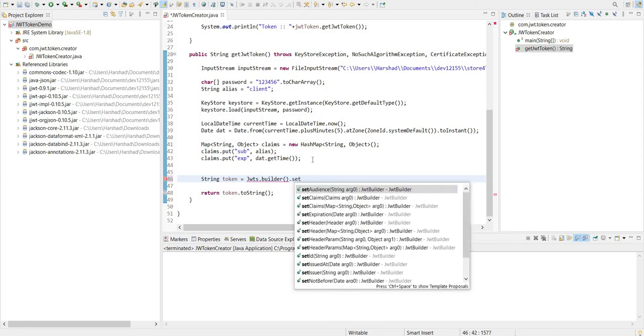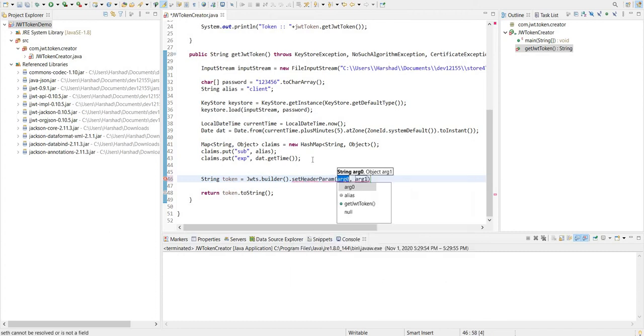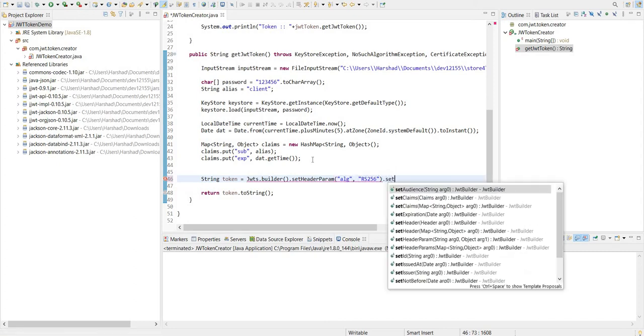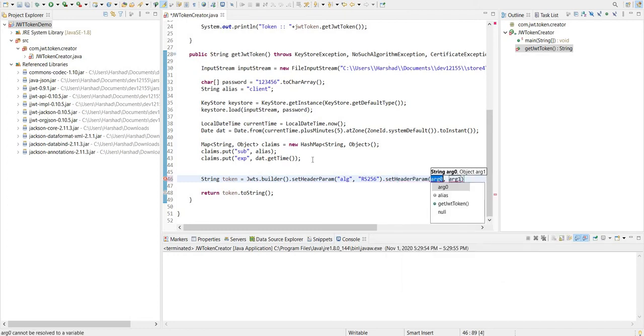First of all, I will be setting a header parameter where I will specify the algorithm; we will be using RS256 as part of this demo. Then I will be setting another header parameter which will be type, known as JWT,